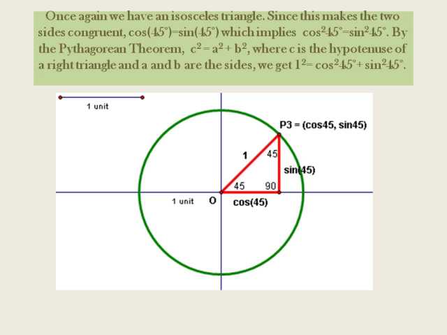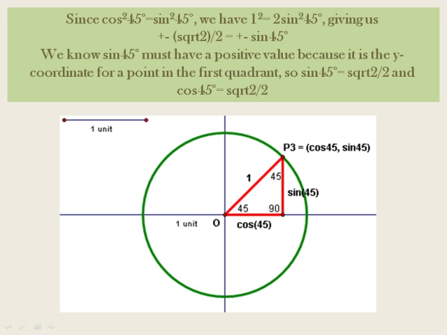By the Pythagorean theorem, c squared equals a squared plus b squared, where c is the hypotenuse of a right triangle and a and b are the sides, we get 1 squared equals cosine squared of 45 degrees plus sine squared of 45 degrees. Since cosine squared of 45 degrees equals sine squared of 45 degrees, we have 1 squared equals 2 times sine squared of 45 degrees, giving us plus or minus square root of 2 divided by 2 equals plus or minus